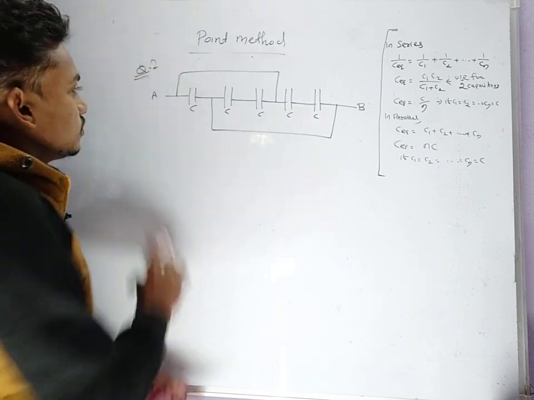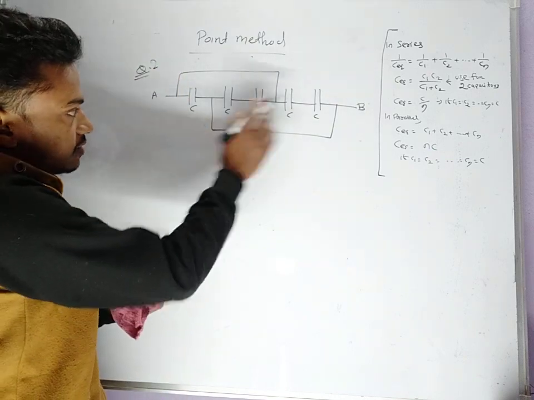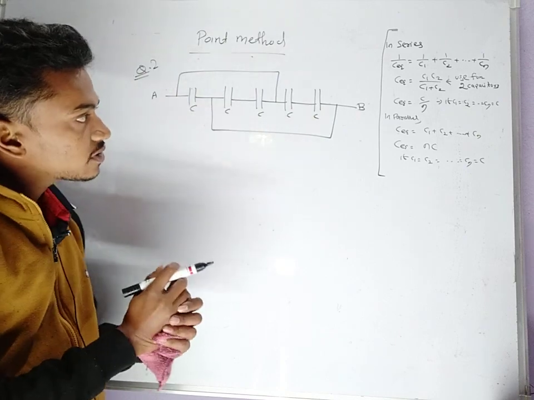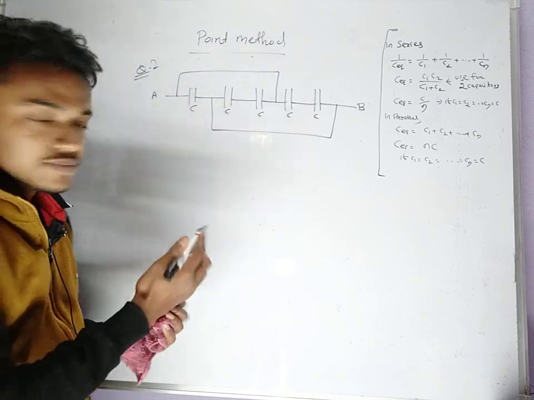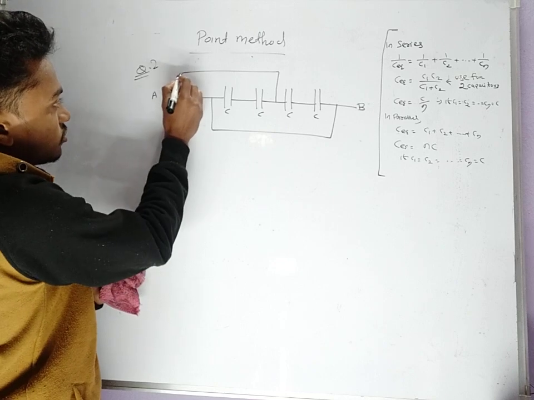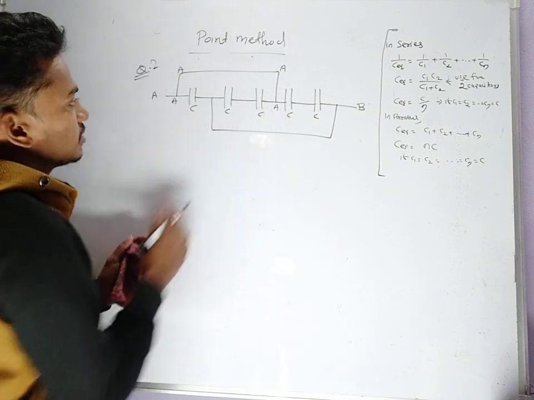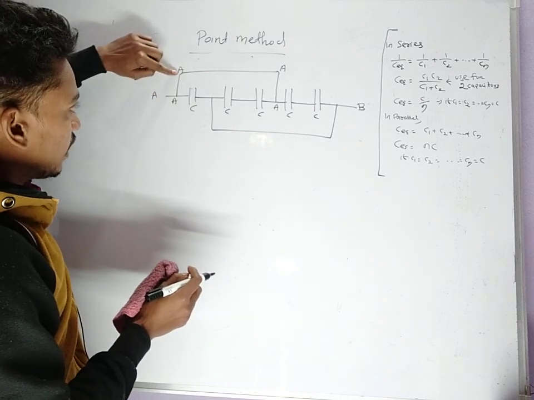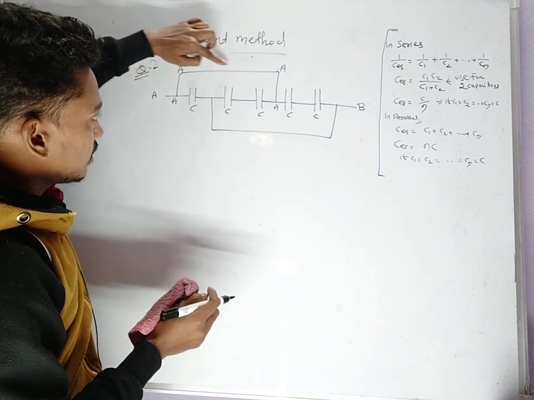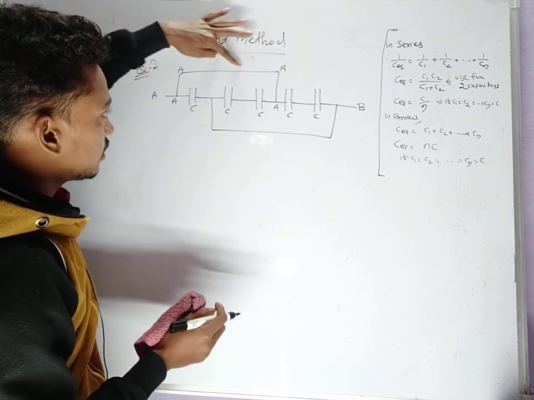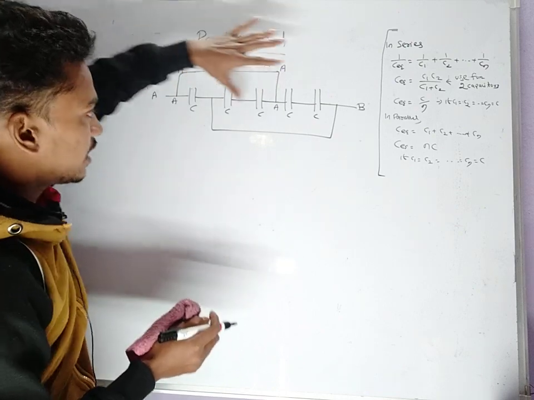Example 2, question number 2. All these capacitors, all 1, 2, 3, 4, 5 capacitors, are connected like this. Okay, so use the point method. So this is point A, and this will be A, and this will be A, and this will be A point. Since there is no element present in this wire, all points will be at the same potential. So this is A and this will be A.